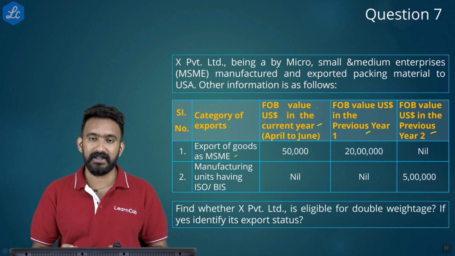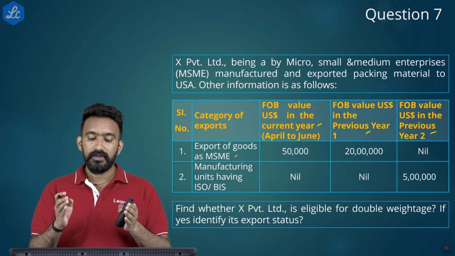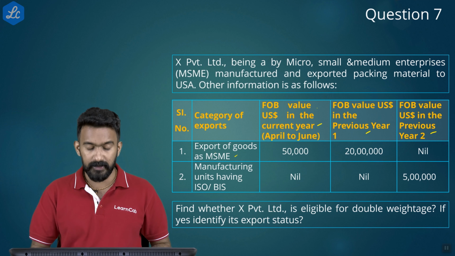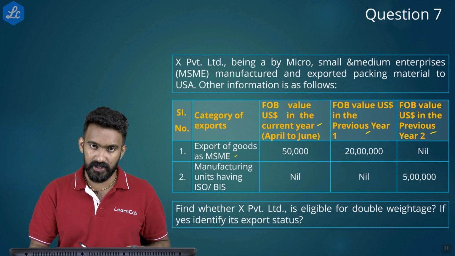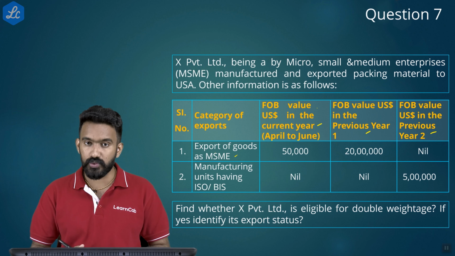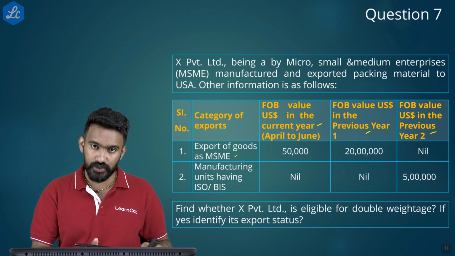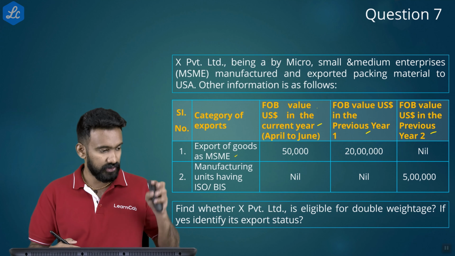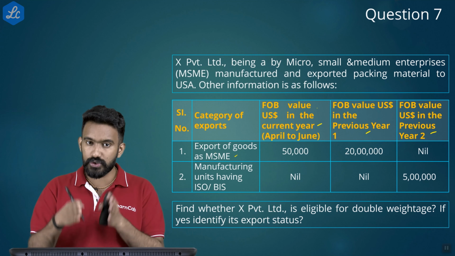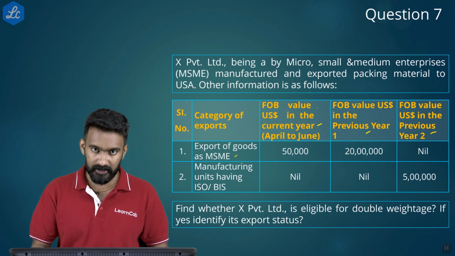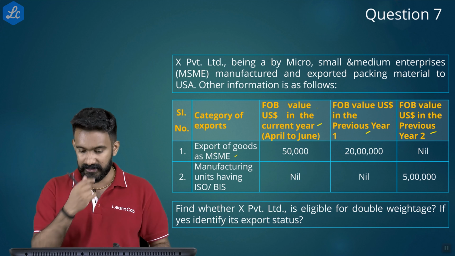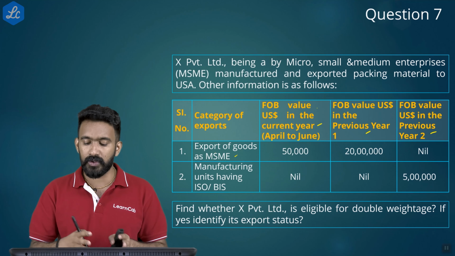First of all, you should understand that for calculating status holder, export performance for the current year and the last 3 years has to be added. If it is the gem and jewelry sector, the current year and last 2 years will be added. Now, in any of those 4 years that we are generally calculating, at least 2 years you need to have an export performance. This is the condition generally required for understanding a question. In this question they have given only the last 2 years.